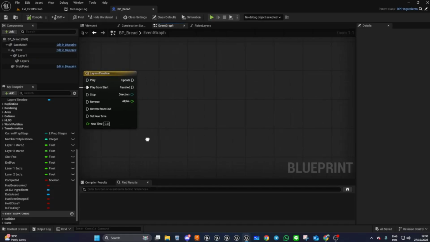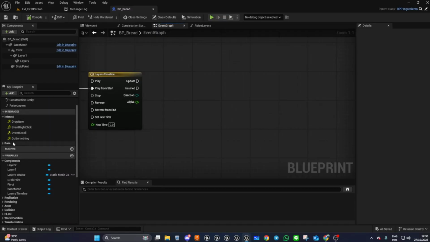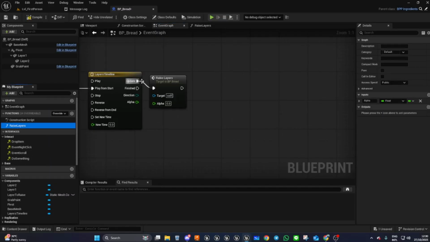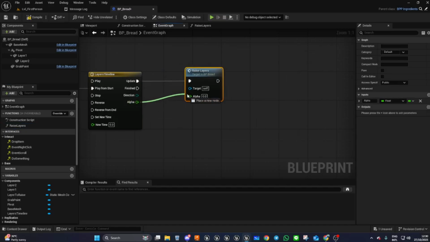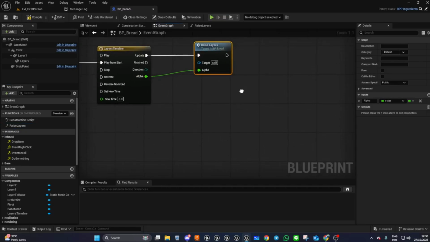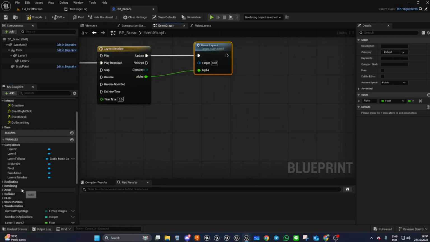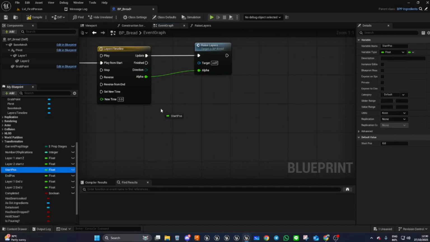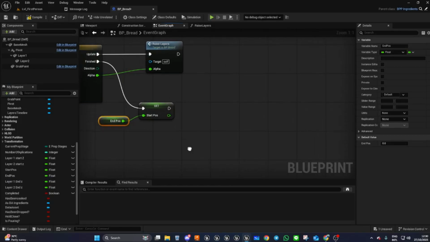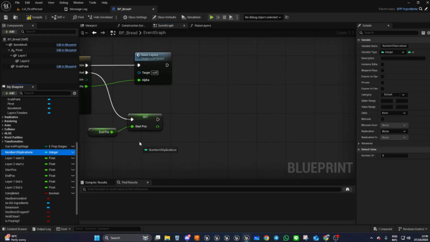And we're going to call the raise layers on the update, and that alpha goes to alpha. Okay. We're going to drag in our start position. On finished here, we're going to set it to the end position. So the end position becomes the new start position. We're going to drag in our number of applications,